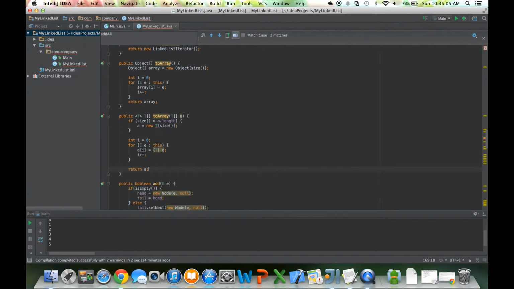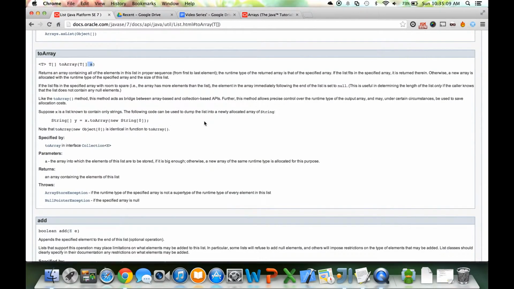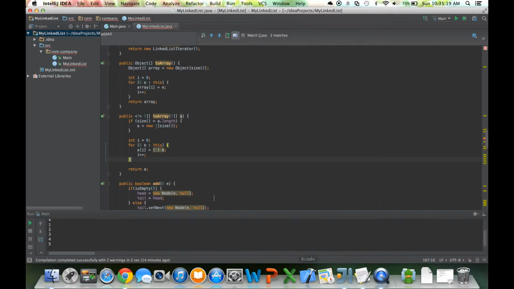But there's one last thing that we have to do, and that's the part about if the list fits in the specified array with room to spare, the element in the array immediately following the end of the list is set to null. So let's do that. So after we've done this loop, i will be at the next element where we want to set it to null. So if that index actually exists in the array, let's test if that index actually exists by doing